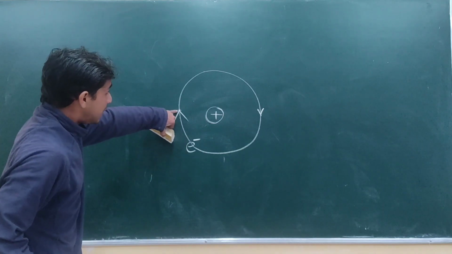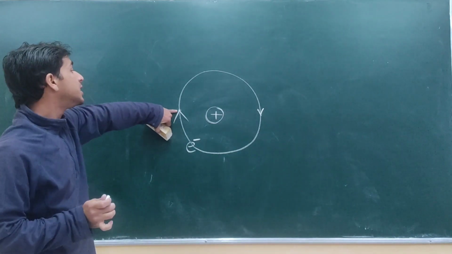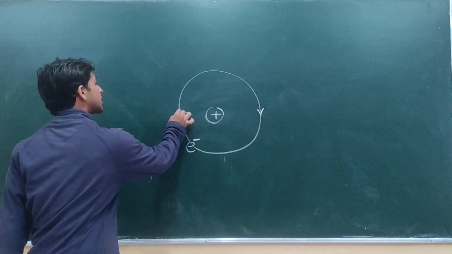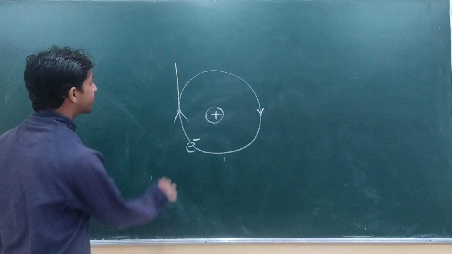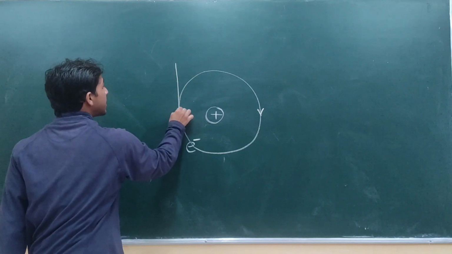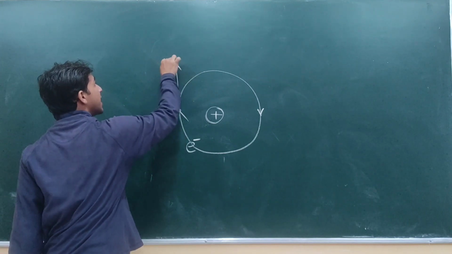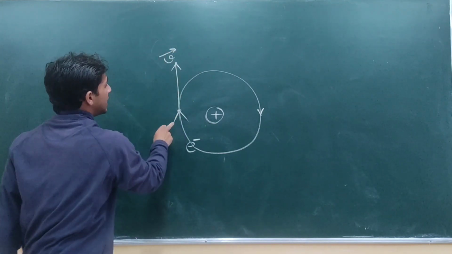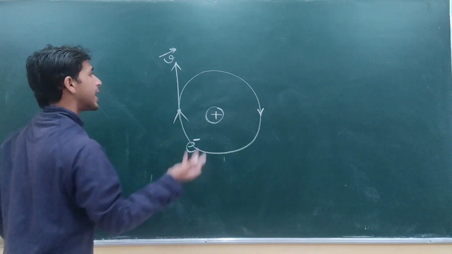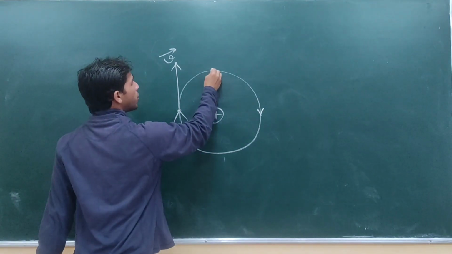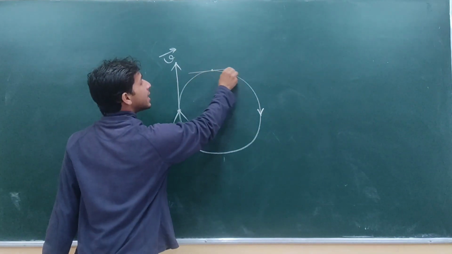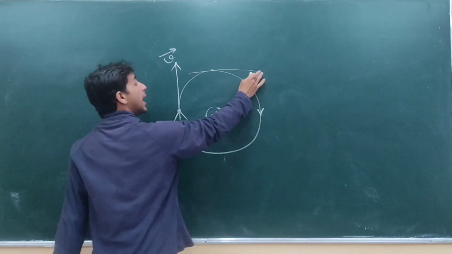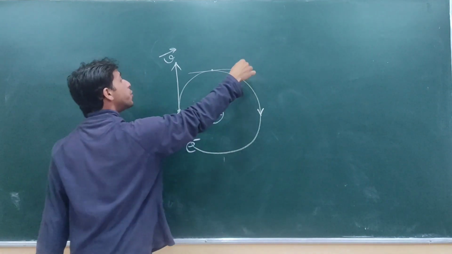And if you want to know the velocity at this point, you just have to draw a tangent at this point. So at this point, this is the direction of velocity of this electron. Similarly, at any point, if you want to know the direction of the electron, you have to make a tangent at that point, and you will know the direction